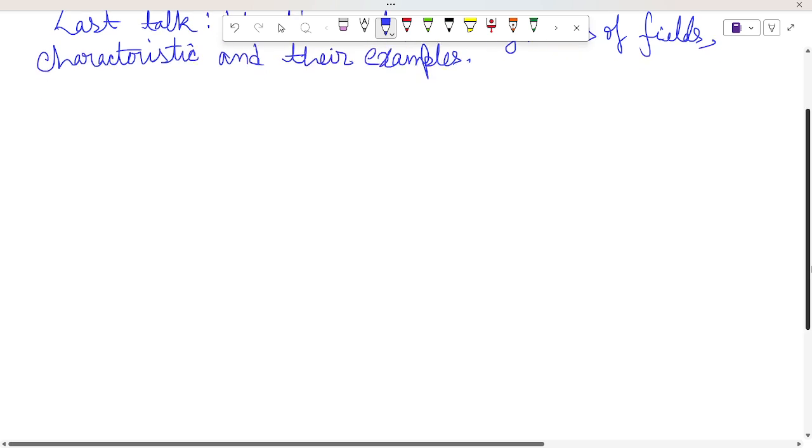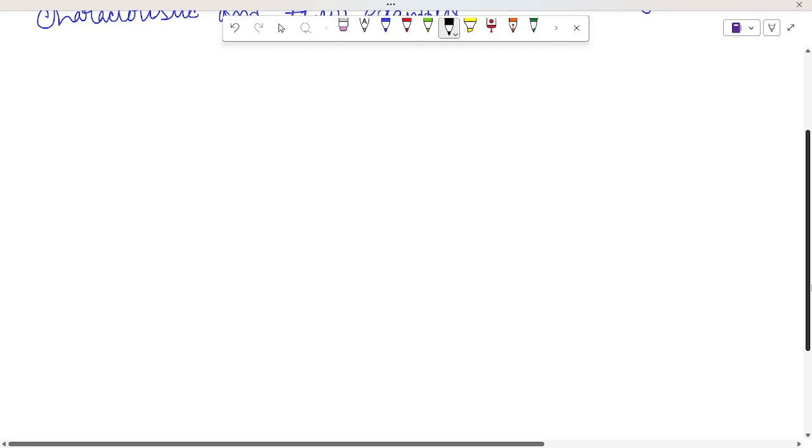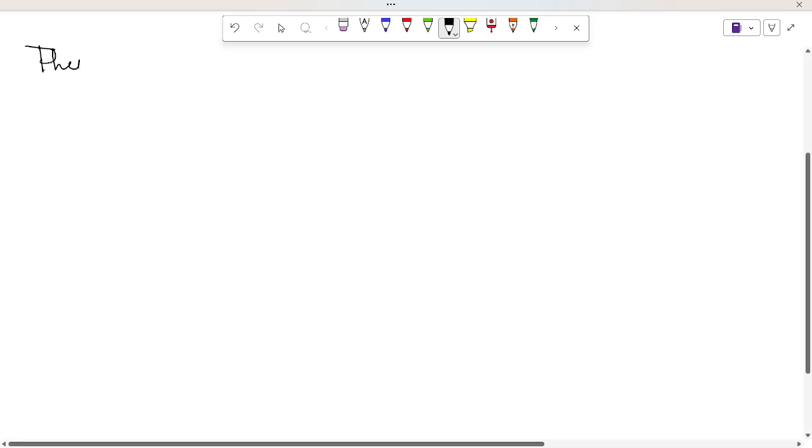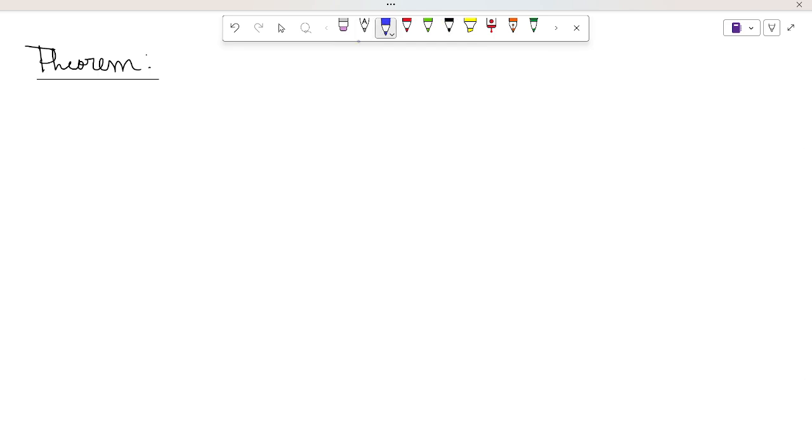So today we will start with theorems. We are now going from definition to theorems. Okay, so here comes our first theorem, or result, or proposition, whatever you prefer. What is our first theorem? You take every field, any field. Let F be a field, any field,